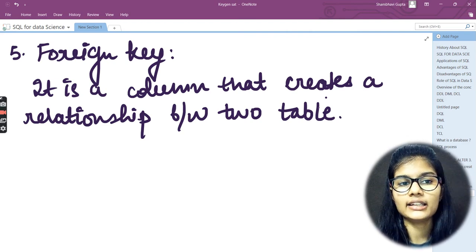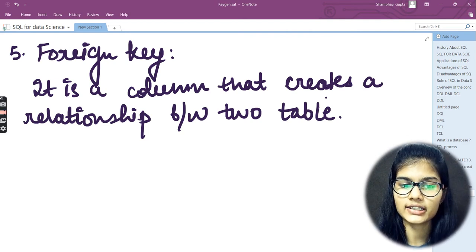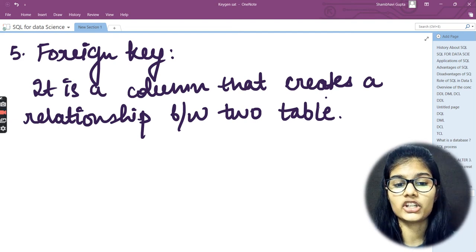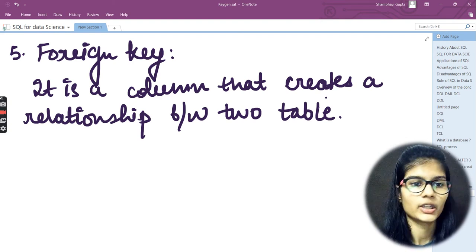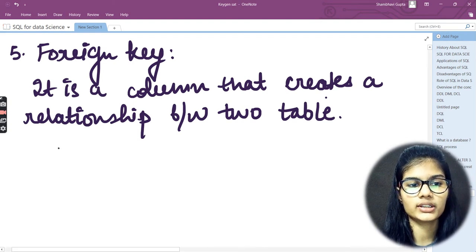And this is completely used to maintain the data integrity and allow the navigation between the two different instances of an entity, right? Hope you are very much clear with this foreign key. Okay,